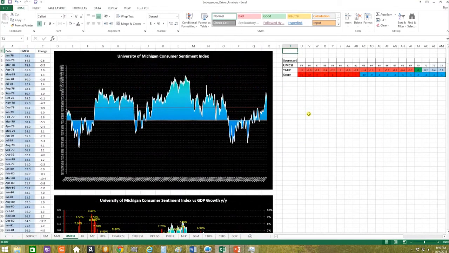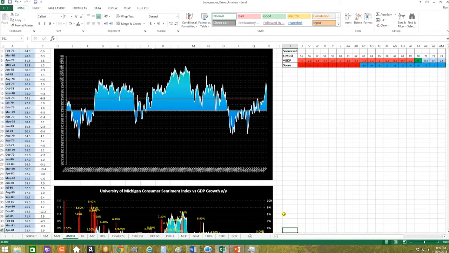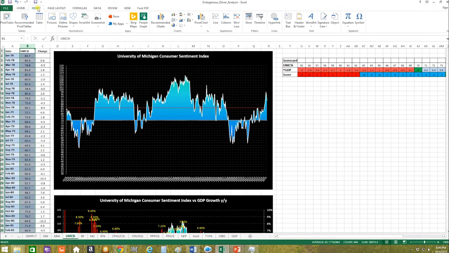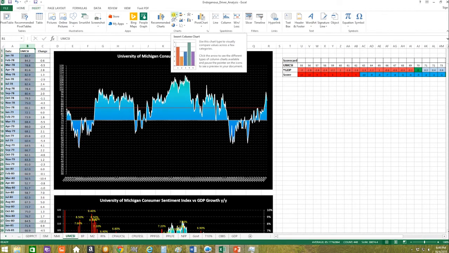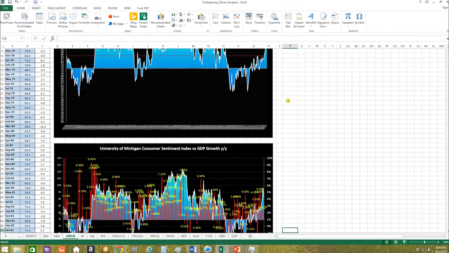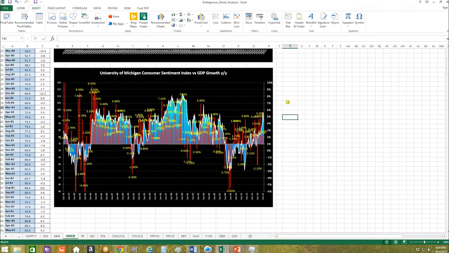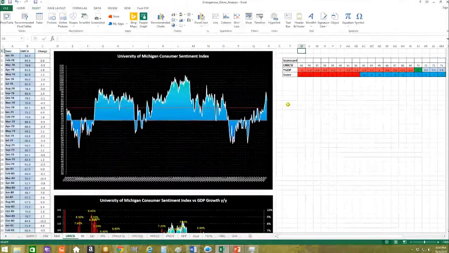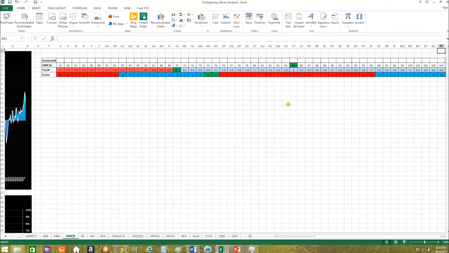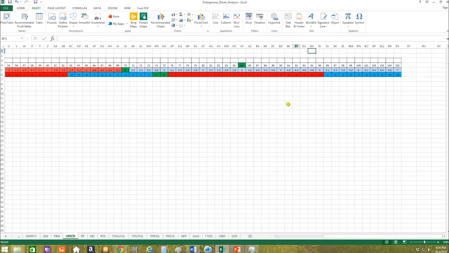And we know how to draw these charts. Basically, we're just referencing this data. We're going to insert, choose our 2D chart, turn it into a line, and then add our GDP data onto it. Now, when it comes to the scorecard, we have to take a slightly different approach with the UMCSI relative to